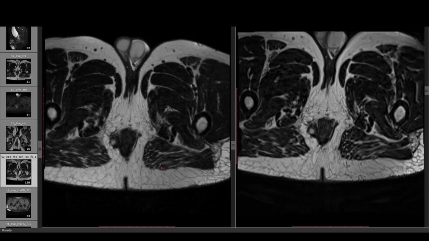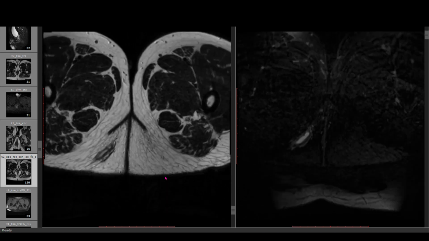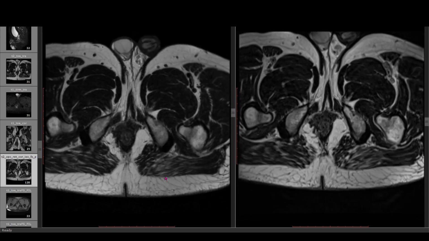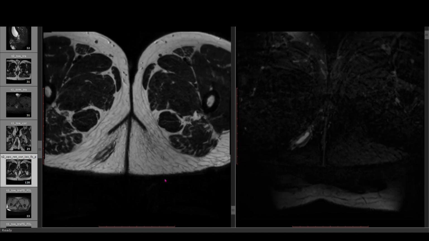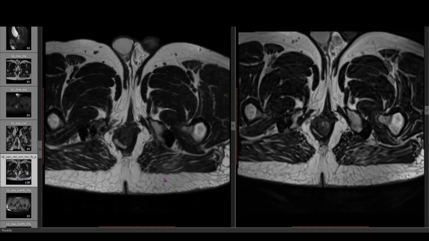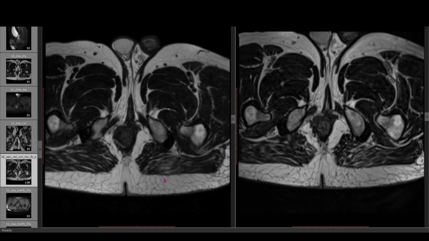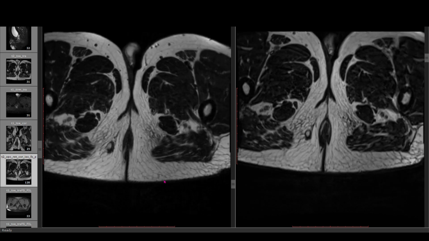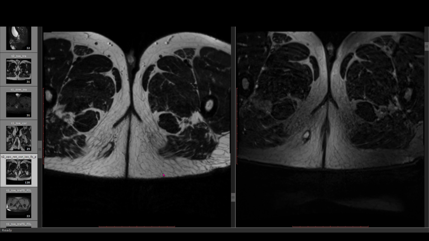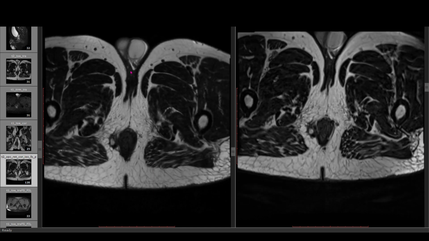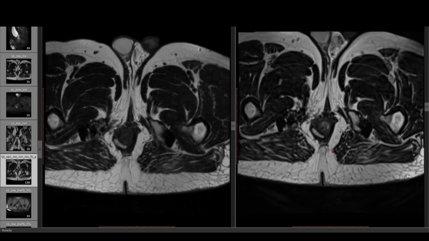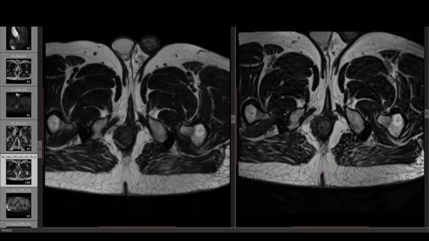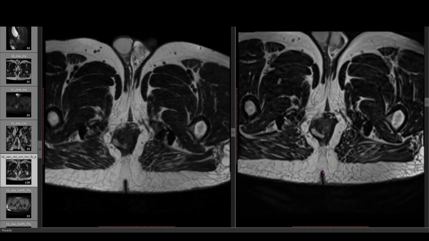Another gentleman who had presented to our department with acute pain and perianal pain and discharging sinus. So we had done a full study for this case, and we were able to do a post contrast study. We did a 3D sequence also. So on the left hand side here, this is a normal thick T2 weighted image, and on the right hand side here is a thin T2 weighted image. You can already see the difference between both.